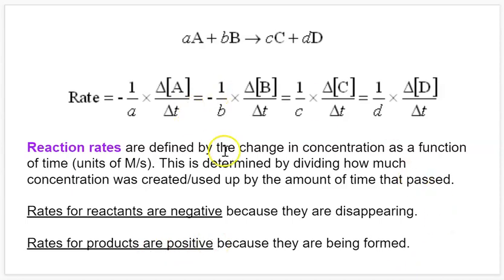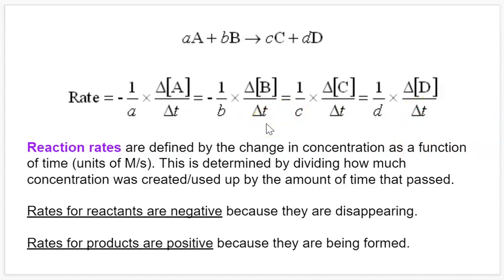And overall, there's a stoichiometric relationship between the rates of different reactants that looks like this overall thing above. The overall rate for the reaction as written is going to be equal to the negative 1 over the coefficient of one of the reactants, which is equal to negative 1 over the coefficient of the other reactant, which is equal to the positive 1 over the coefficient of the products, and so forth. And this is just a really fancy way of saying that the rates of the individual components can be compared